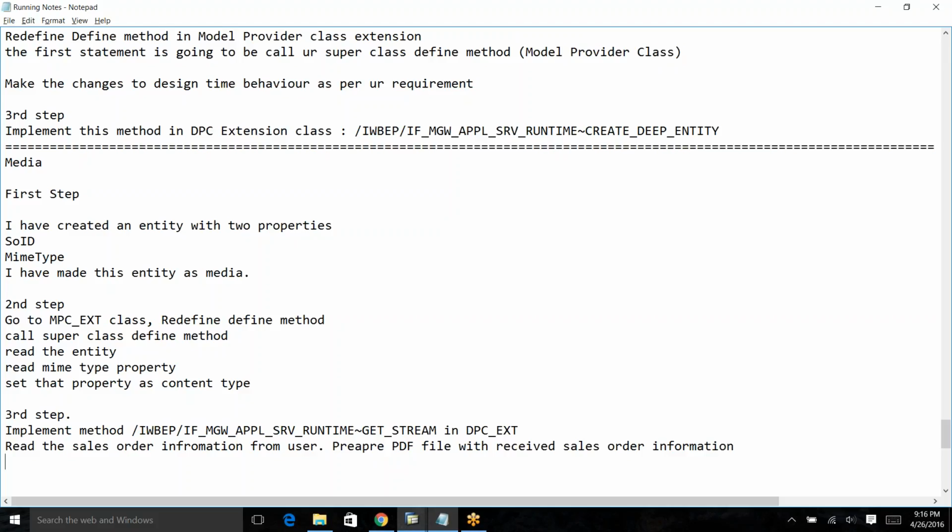Whatever the PDF file is, we receive the string value, and we pass